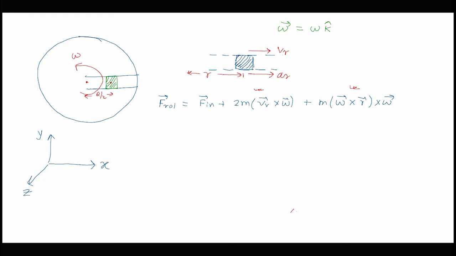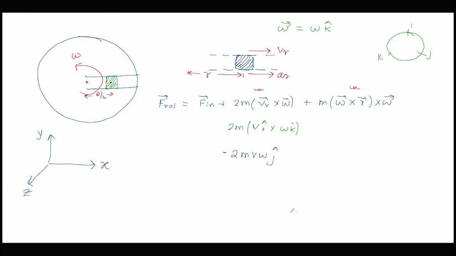So if we consider the direction of each force, so if I first of all come to assign the direction of the second one, so we can write it as 2m v rotational, which is somewhat along i cap direction, cross omega k cap. So if we look at this expression, we have a term of i cross k which will be pointing in the negative j cap direction. So we will obtain a term of 2mv omega in the negative j cap direction with a minus j cap sign over here.